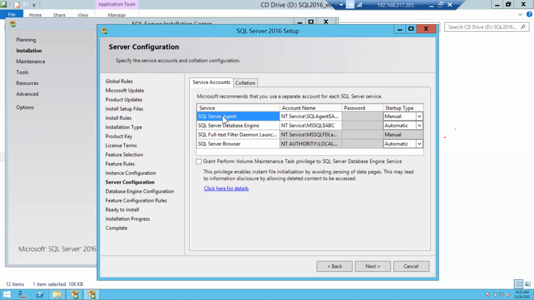So even SQL Server agent. What is the responsibility of SQL Server agent? SQL Server agent is responsible to run the jobs. Okay, so on behalf of SQL Server agent, if you choose any particular service account or particular login, a service account is nothing but a login, and it will do the work of SQL Server agent on behalf of SQL Server agent. So whatever the